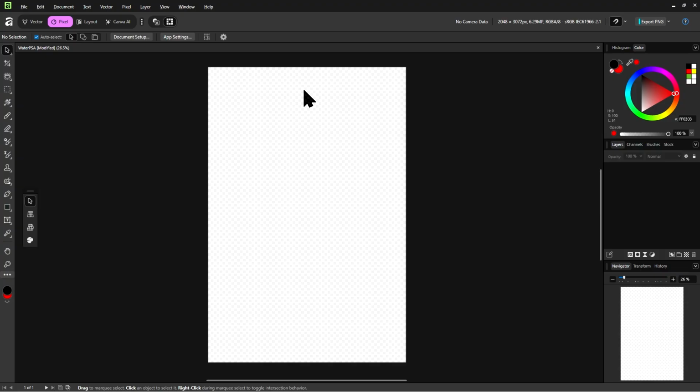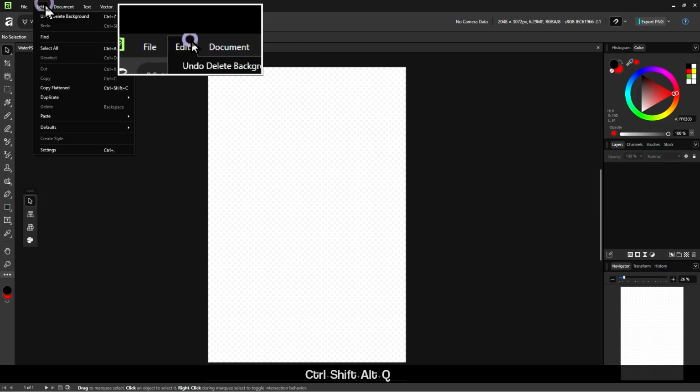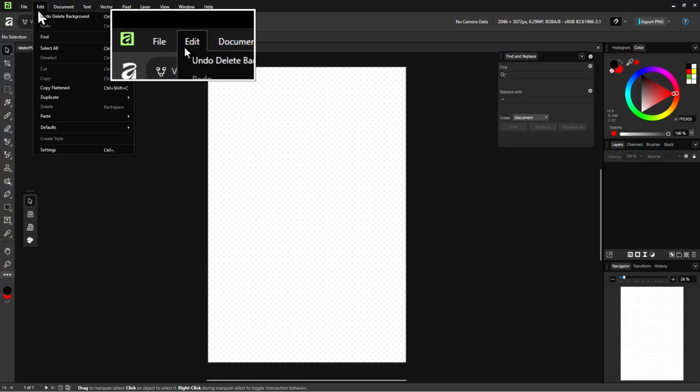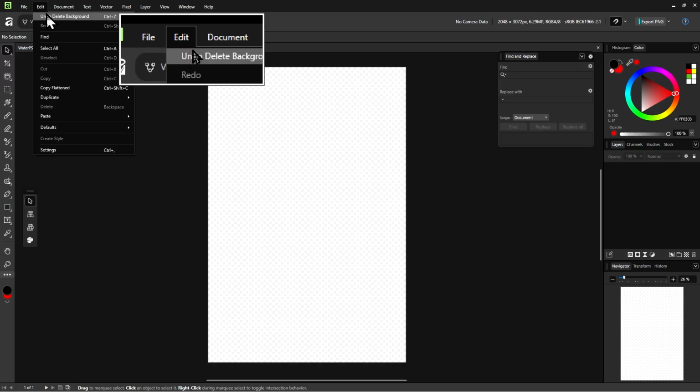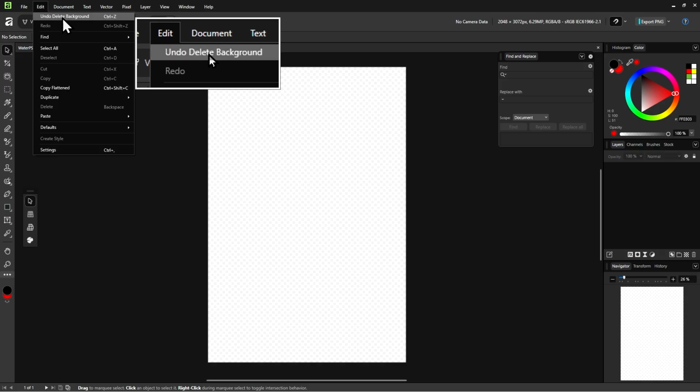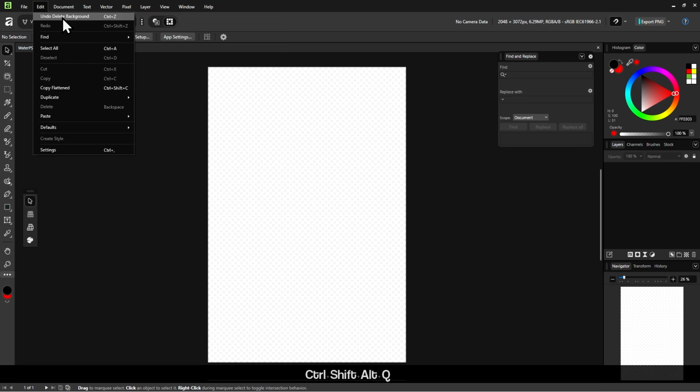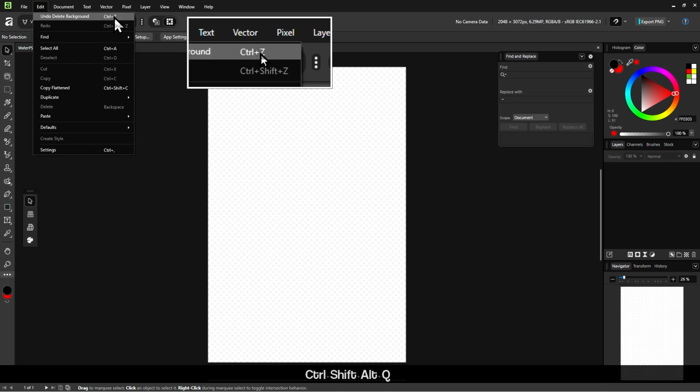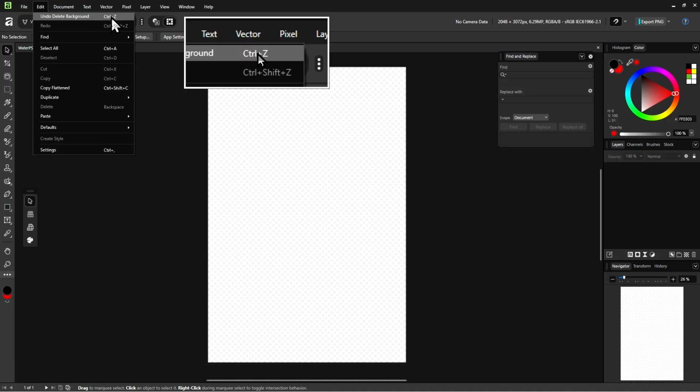So I wish I could go back in time and undo that, if you will. Well, thankfully, in the edit menu, there is a command to undo something that you did and probably regretted doing, which is undo. And the shortcut for that, as you can see, is Ctrl+Z.